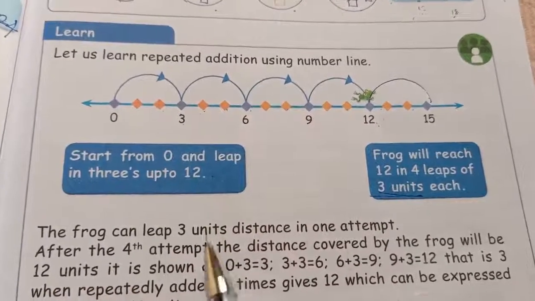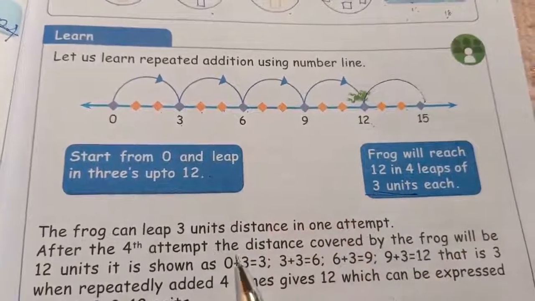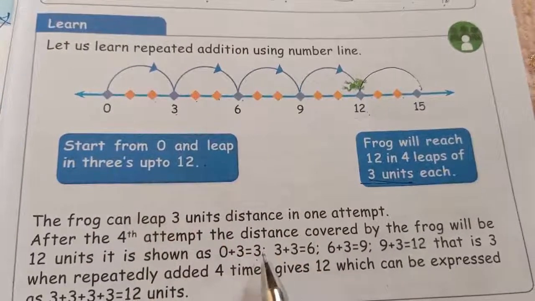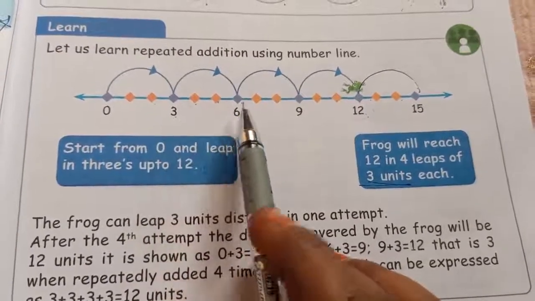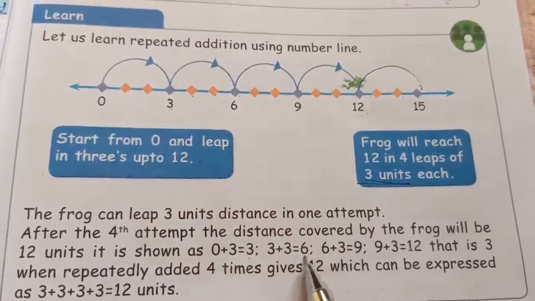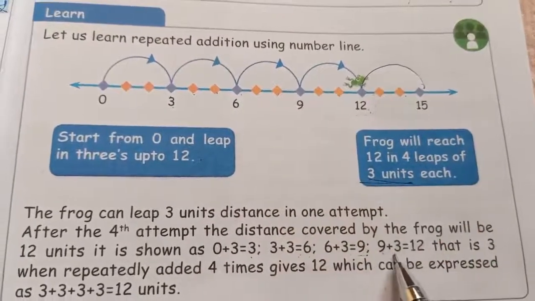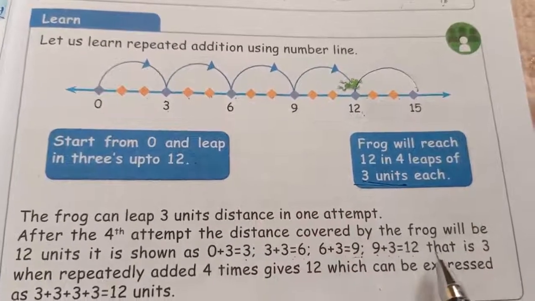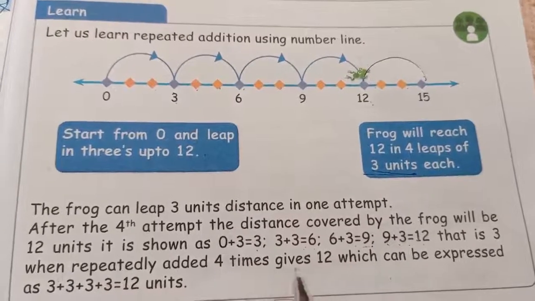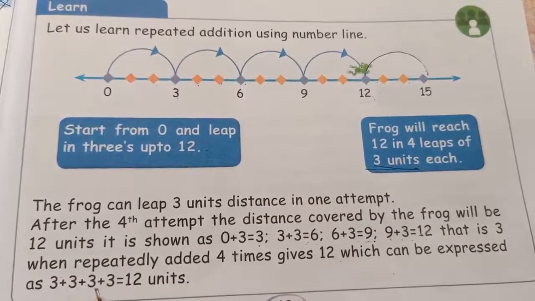See, 12 units covered means what? Fourth attempt. Okay ma? So how do we write that? 0 plus 3 is equal to 3. Next, how many units? 3 units. So 3 plus 3 is 6. Next 3 units. So 6 plus 3 is equal to 9. Next 3 units. So 9 plus 3 is equal to 12. Okay. So that is 3. When 3 is repeatedly added 4 times it gives 12, which can be expressed as 3 plus 3 plus 3 plus 3